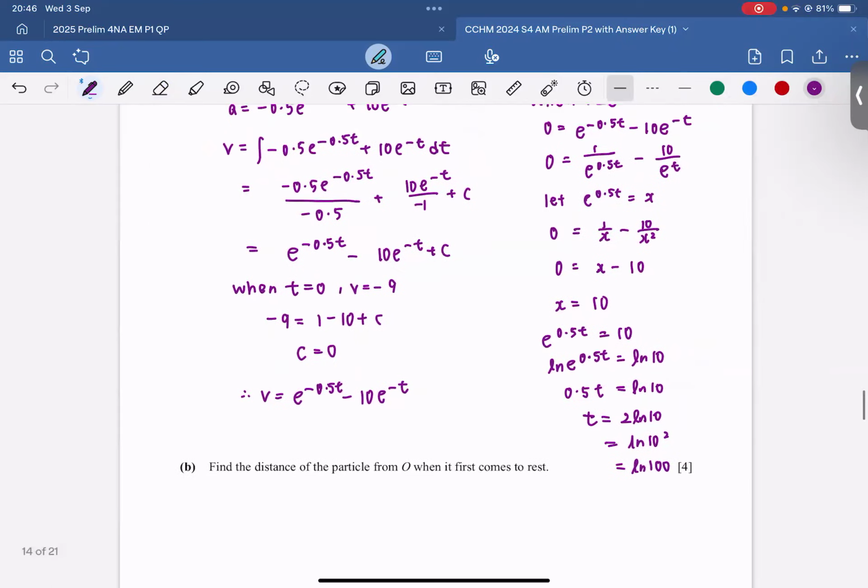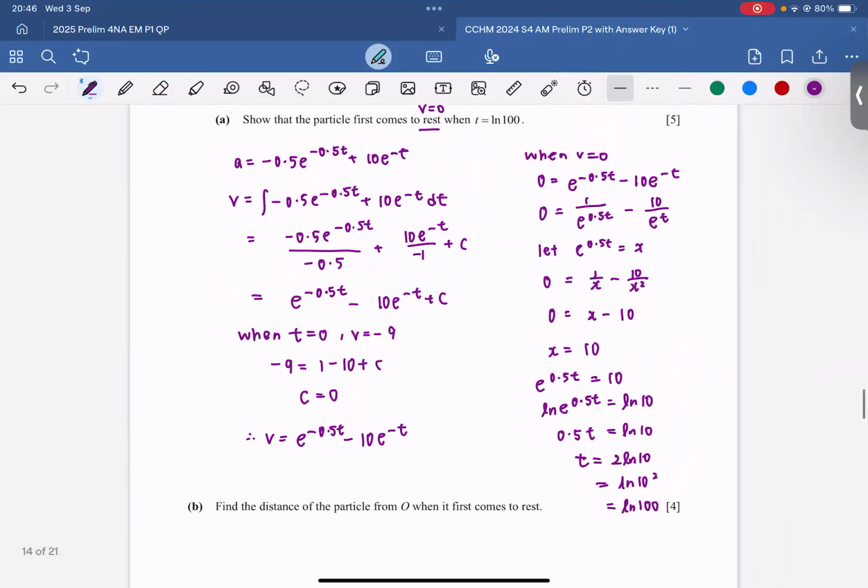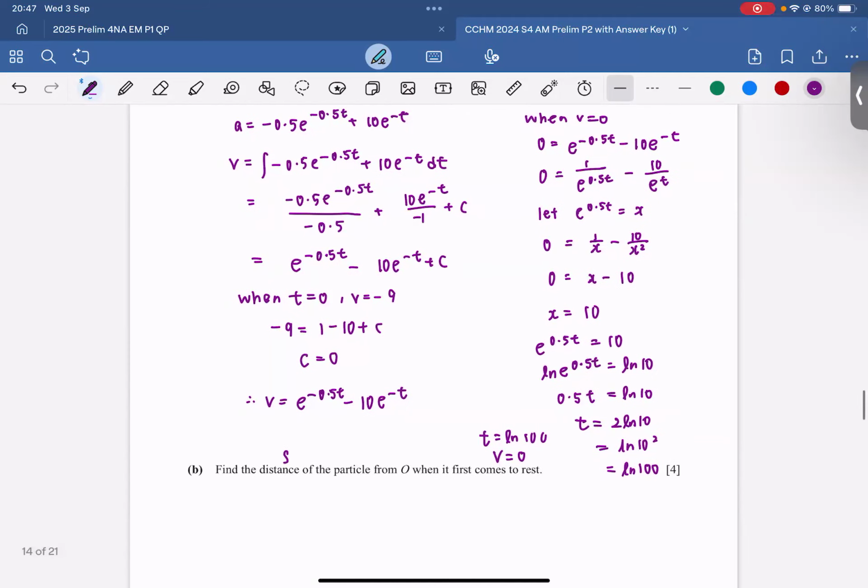Okay, please show more steps because the question already asks you to show that it comes to rest. So the answer is there, just do more steps. Okay? Find the distance of the particle from O when it first comes to rest. So distance from O when it first comes to rest, that means I want to find the s when the velocity is 0, when the time is actually ln 100. So to find my s, I have to integrate my v. So s equals the integral of